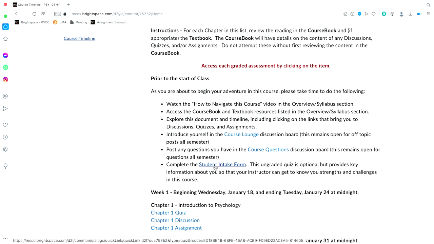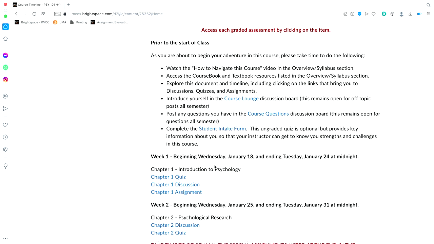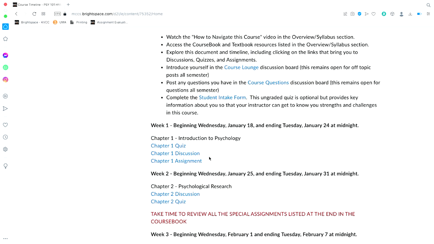Here's a student intake form asking you to give me information about your expertise and your interests, and possibly some barriers to your success so I can work around those. Then we enter into week 1, and here we have the timeline of how we're going to cover things. In week 1, we're going to be looking at chapter 1.